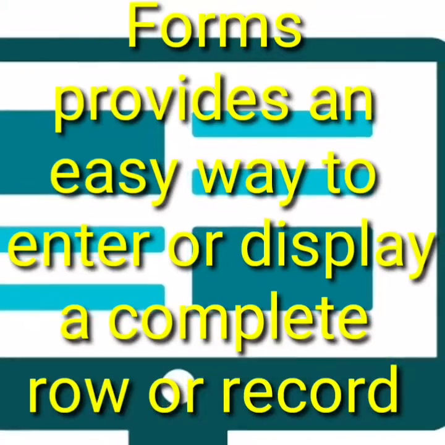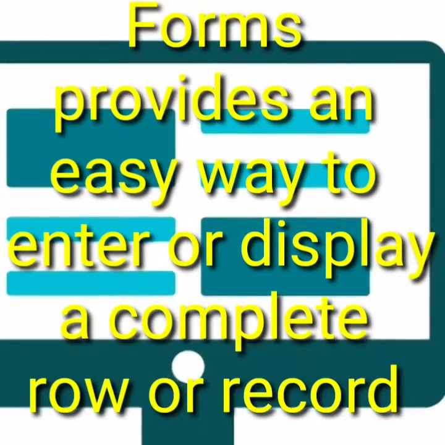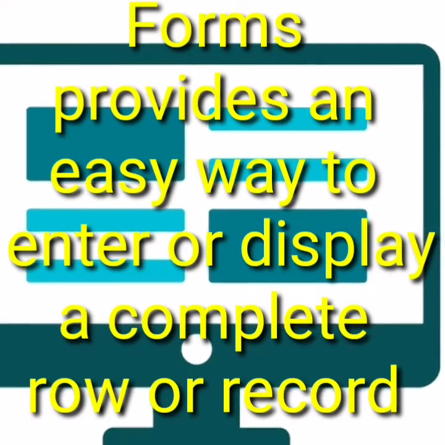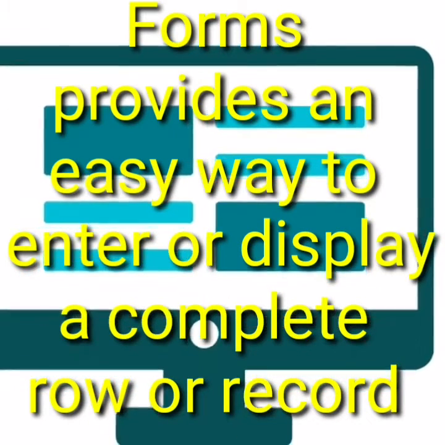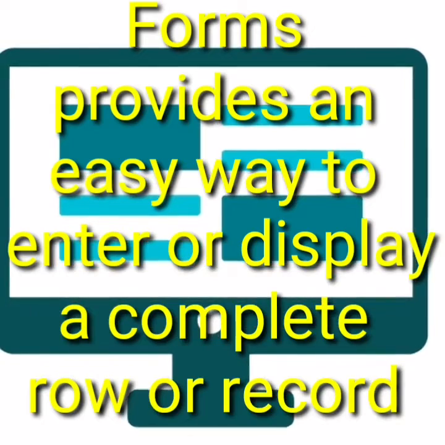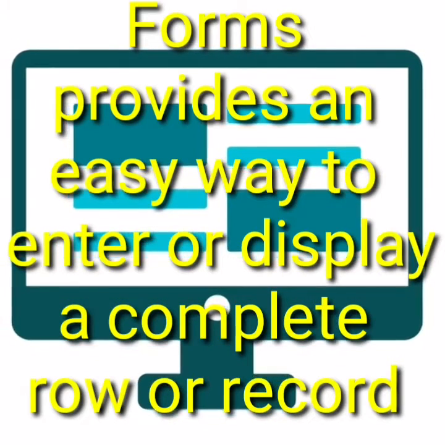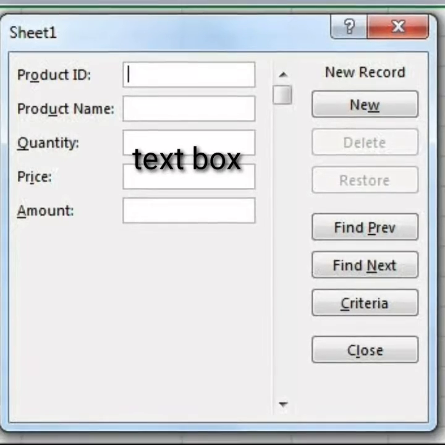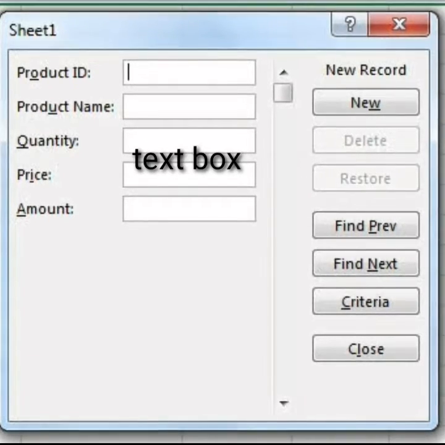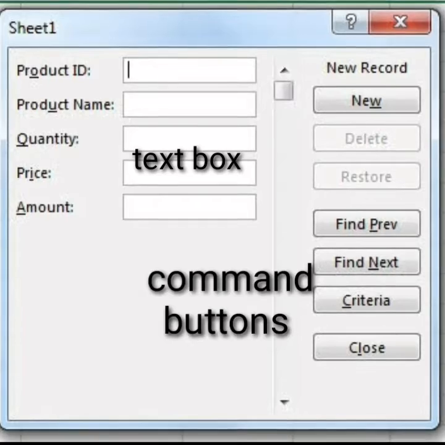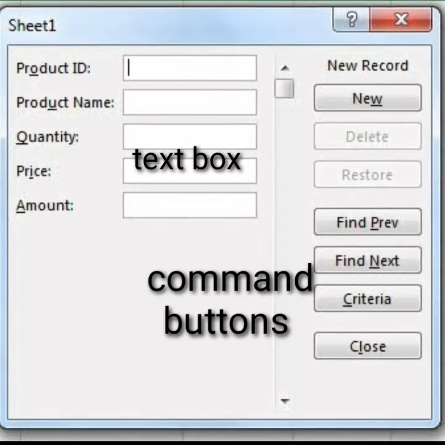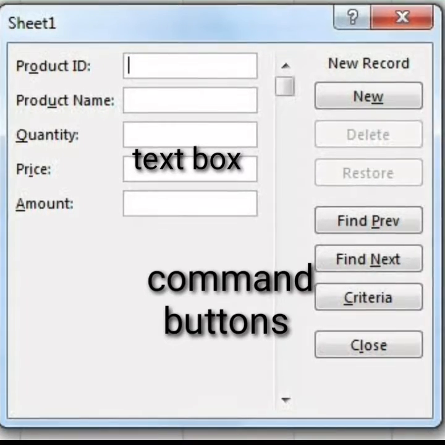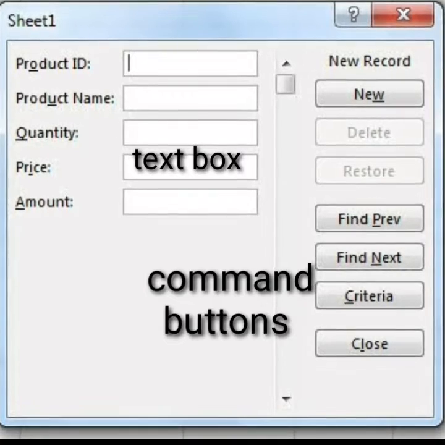A form is a dialog box that provides an easy way to enter or display a complete row of information or record. It has text boxes to enter data in fields and command buttons to manipulate the data.